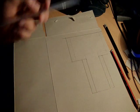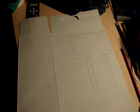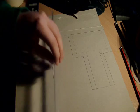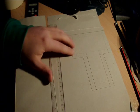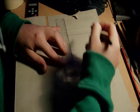Craft knife. Do it on something you don't mind getting damaged. This is my old desk. I really don't care if it gets scratches and stuff in it, but ideally you want a craft board thing. And all you do is you line your ruler up, score it once, remove the ruler away just to check you've got it correct, and then you have to score about 3 times and it'll cut all the way through. So we'll just do one edge,